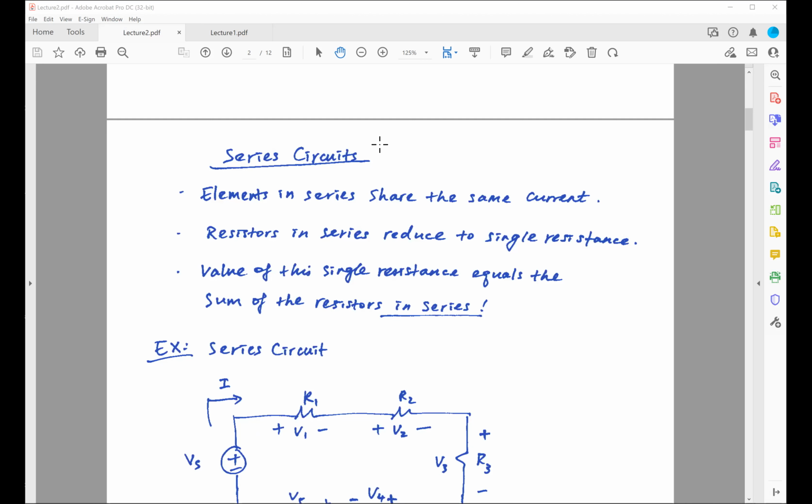There are some key properties associated with the series circuits. For example, elements in series share the same current. Resistors in series can be reduced down to a single resistance. Finally, the value of this single resistance is equal to the sum of the resistors in series. As an example,